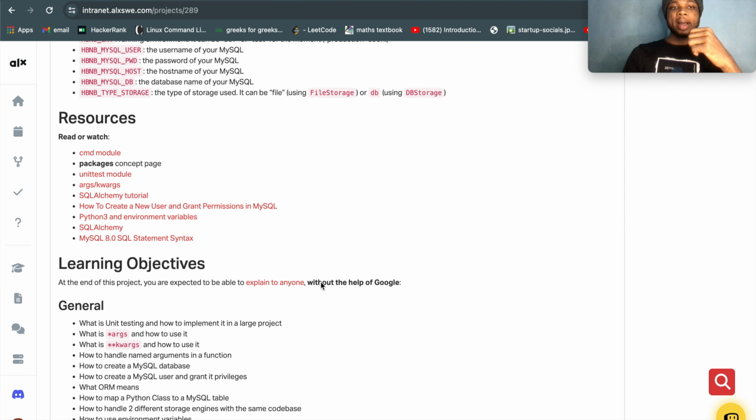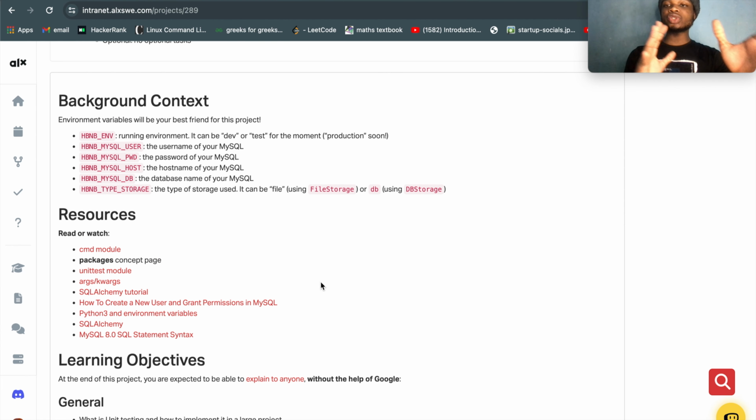Over here, we'll also be managing the file storage and the MySQL, because you can't just move from file storage to MySQL. What about the data that was in the file storage? What are you going to do to the data? So you have to